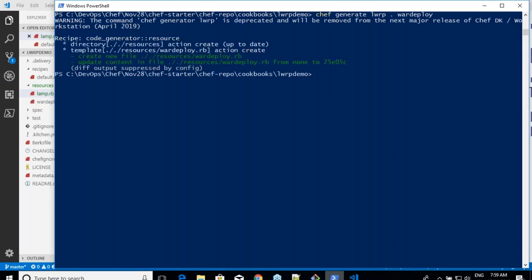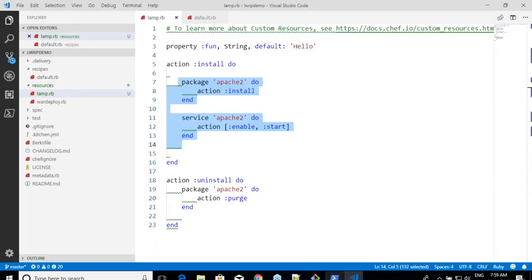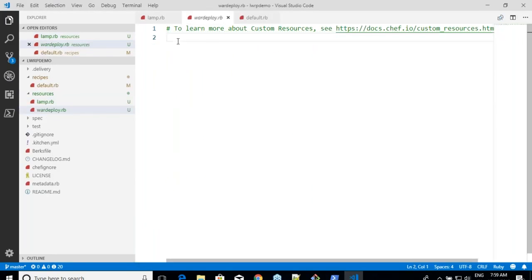Now I'll create a property called URL, which is a string. I am not writing a default value because I want it to be a mandatory property. Whenever you don't write a default, it becomes a mandatory property. And then action,